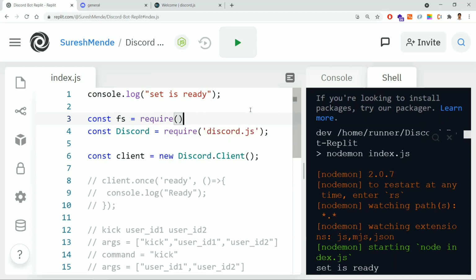So require of fs. fs means file system. We have not installed this file system because Node.js has this file system module by default. That's the reason we have imported this file system and assigned it to a constant variable fs. The reason we are doing this is that we are going to extract all the files from